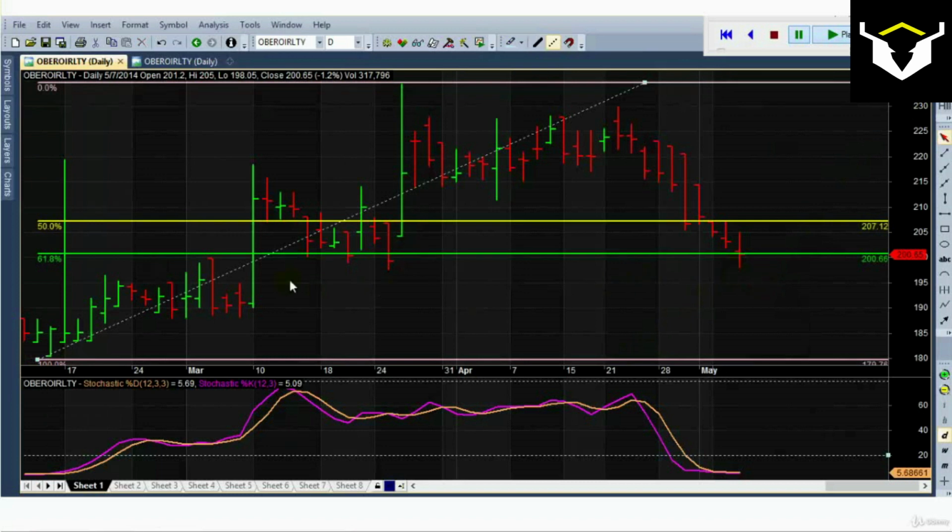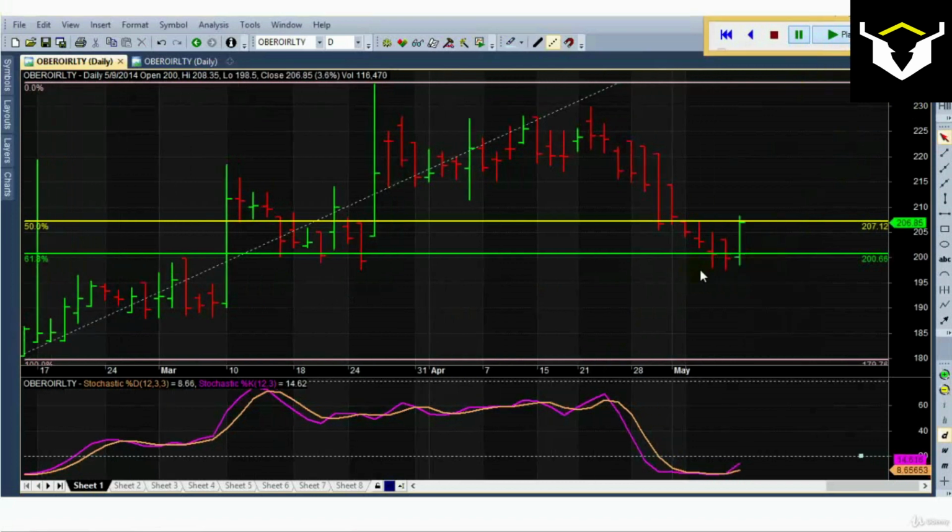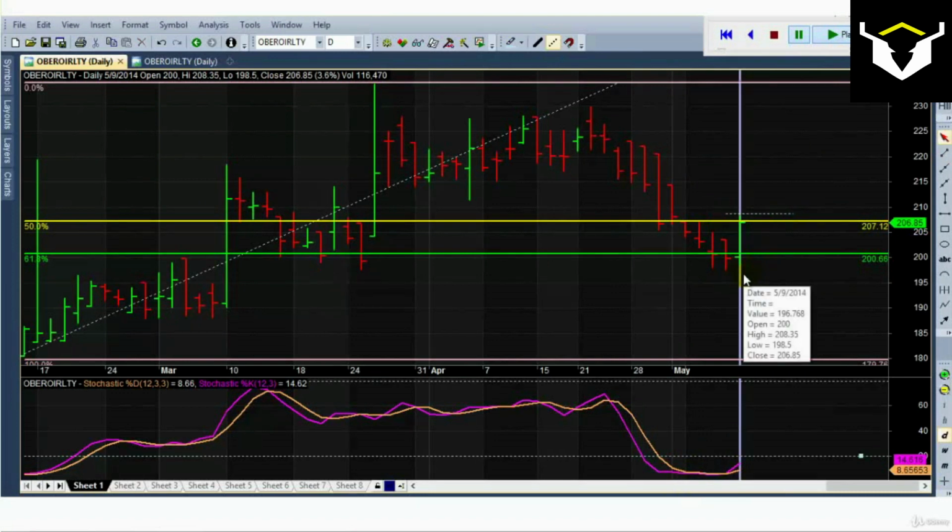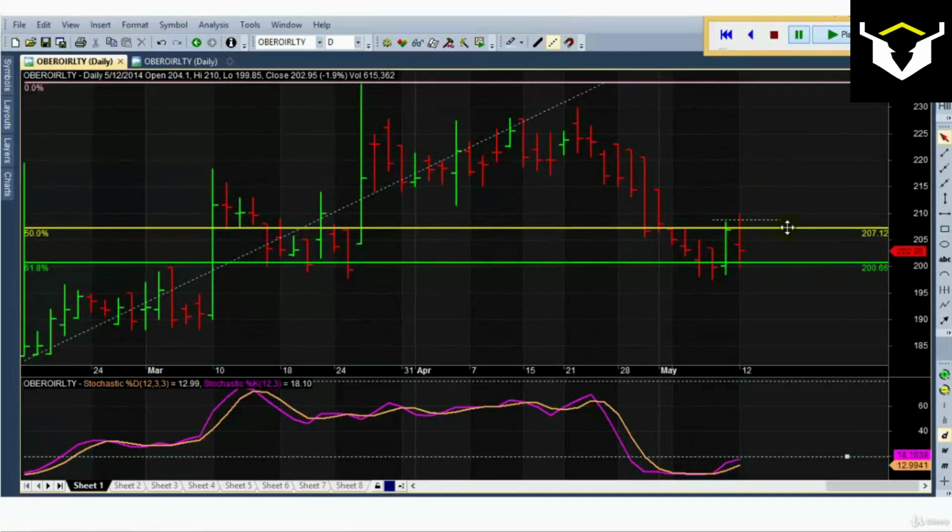Here as of the last bar, prices have hit 61.8% retracement. Okay, let's add some bars, and prices found support at 61.8% retracement, which is supported by this strong positive close day. And with this strong positive close day, stochastic oscillator has given a bullish crossover, so we can place a long trade, a buy stop to buy above current bar high, which was triggered